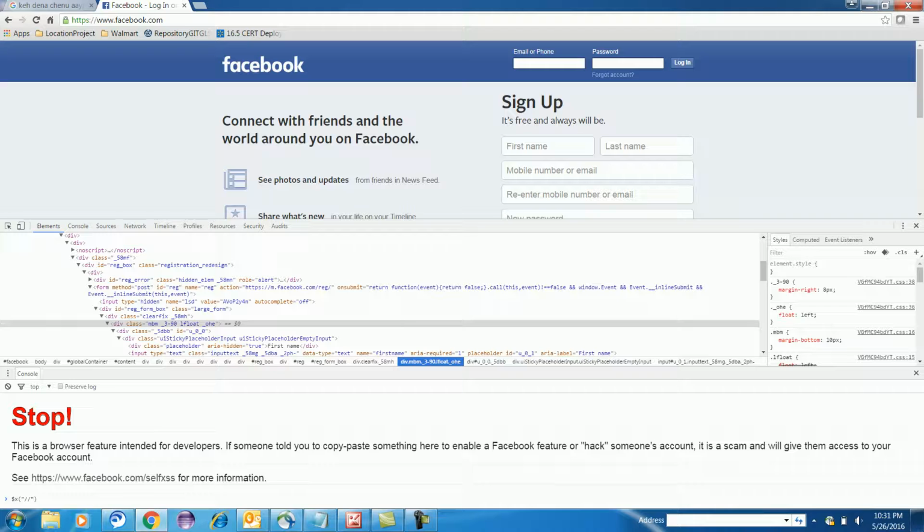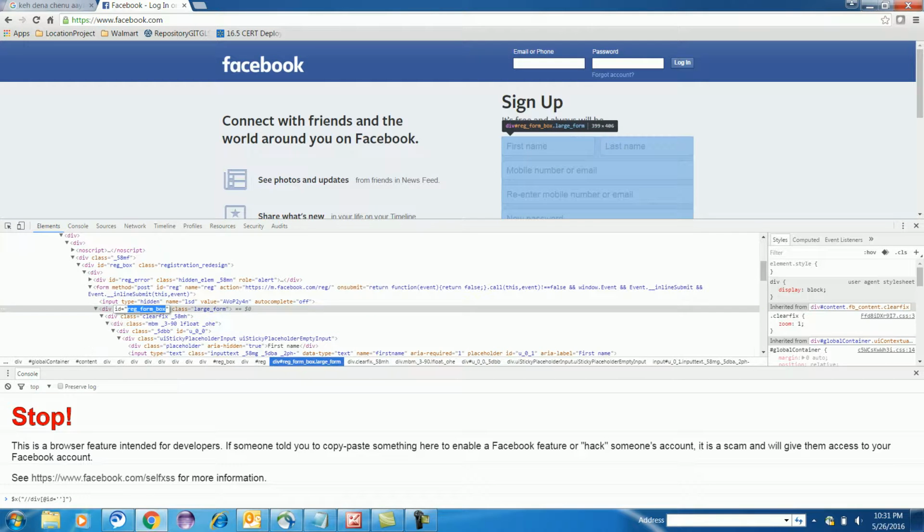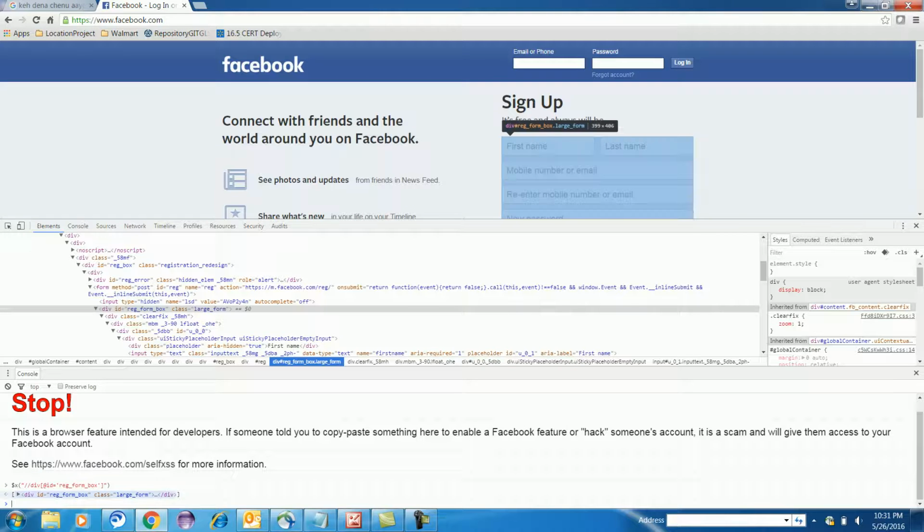Double quote, then I will write div bracket at id is equal to single quote, and I will copy this object and place it here. Now I will just enter. You can see that I am able to highlight the registration form. If I place the mouse over here, the Facebook registration form is getting highlighted.